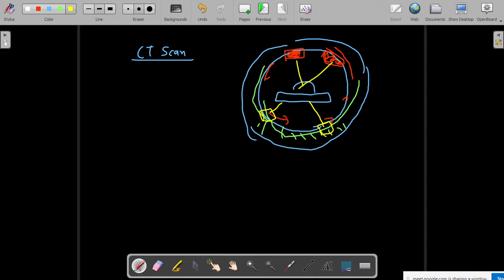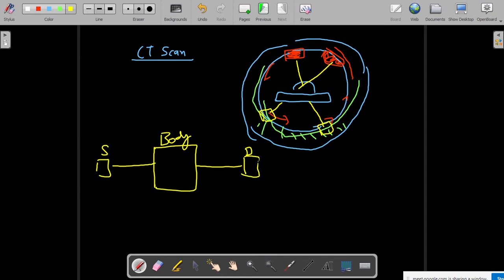So all throughout this gantry you will have a good number of detectors, and this X-ray tube will be rotating around this axis. This is the main part of your X-ray CT scan machine. You have a source of X-ray that comes in, passes through the body, and at the end you have a detector, a film kind of thing, which records the output.